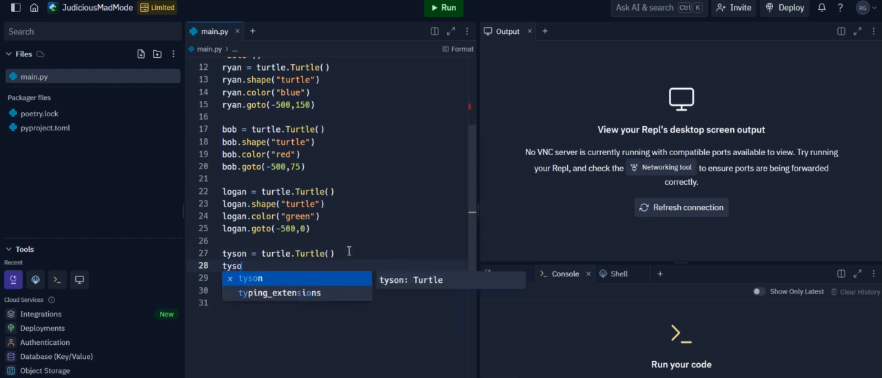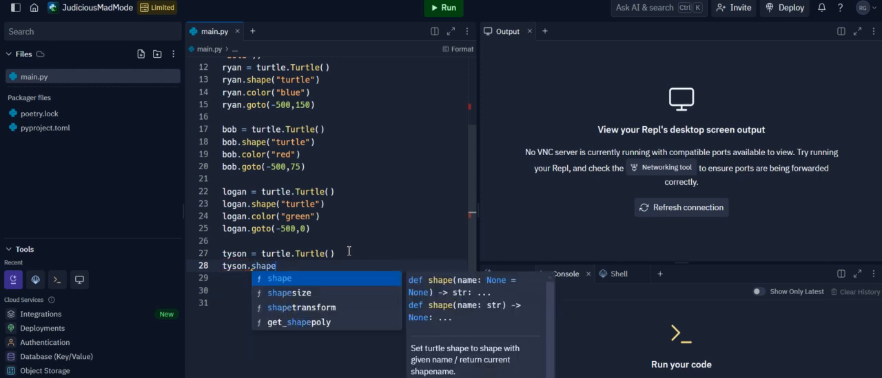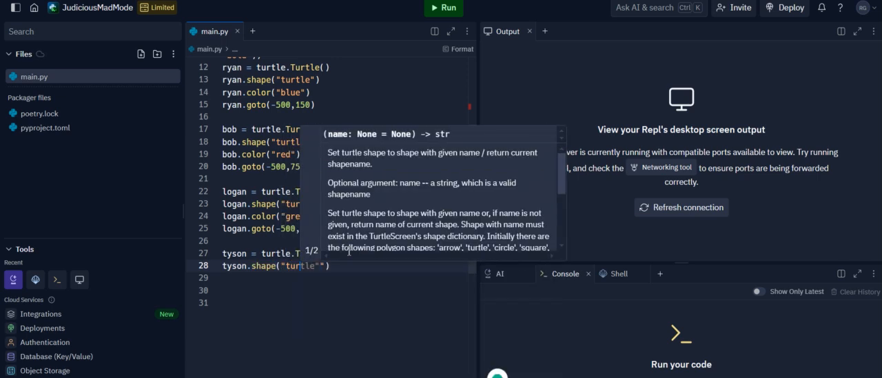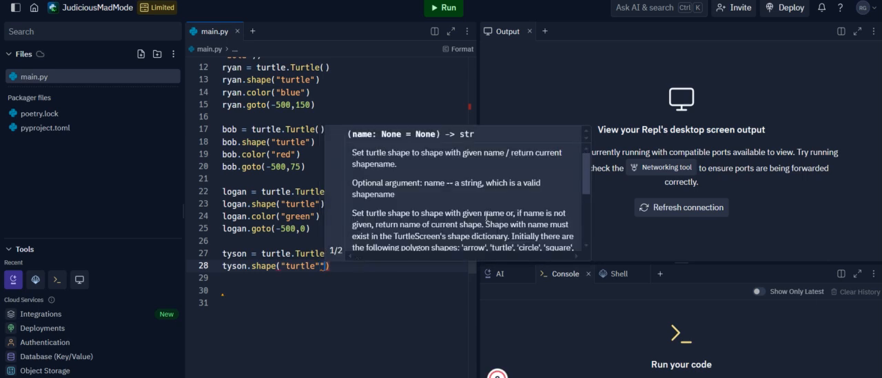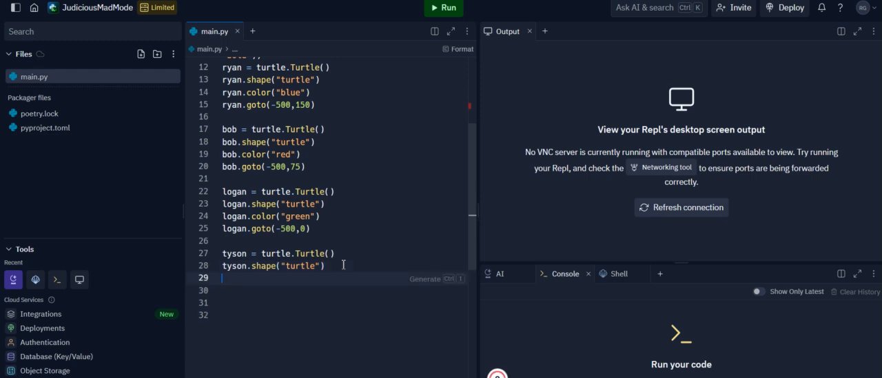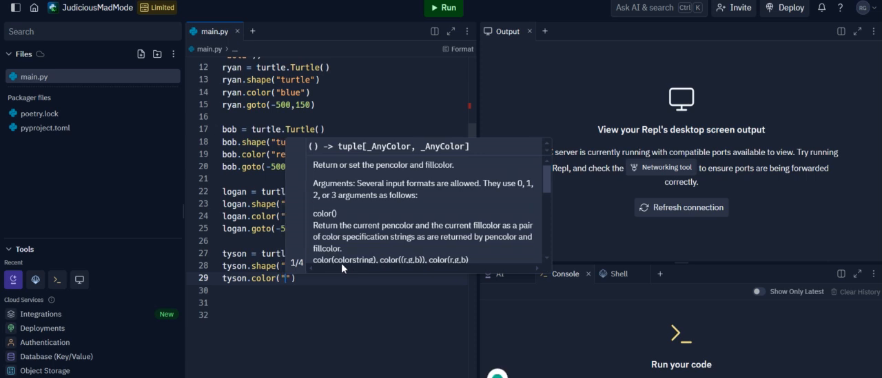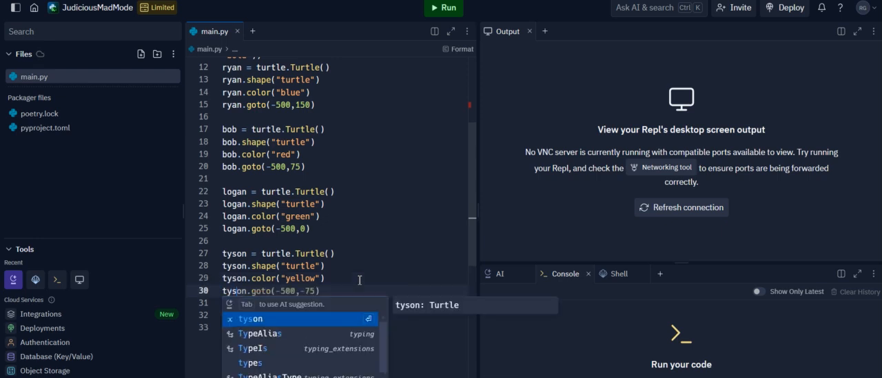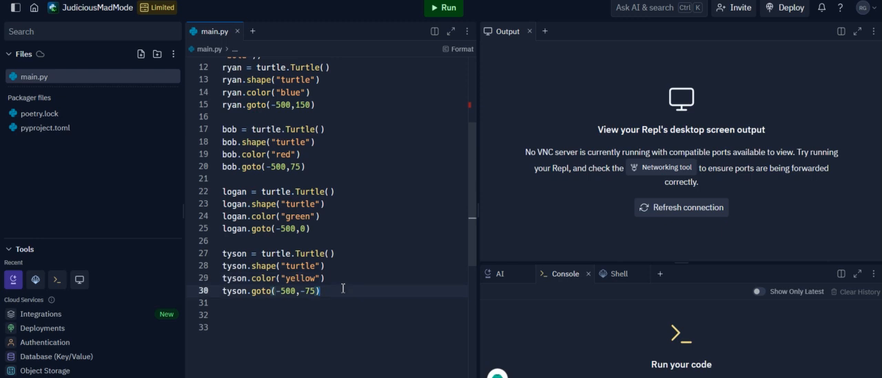So then Tyson dot shape, just like that, and Tyson dot color yellow. Tyson go to this dimension. Okay, so we've done this, and now we have to do import random,